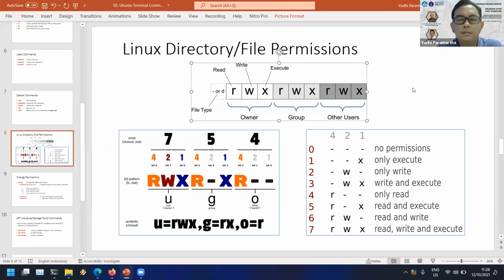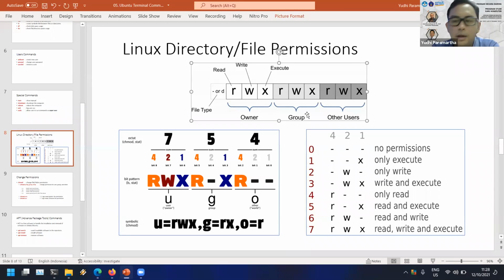We will talk about it. It is fairly complicated, but I think you will understand it when you use it. I will give you an assignment after this about how to use file permission. I will give you an explanation about this now.